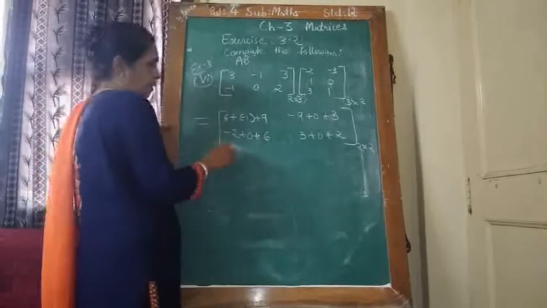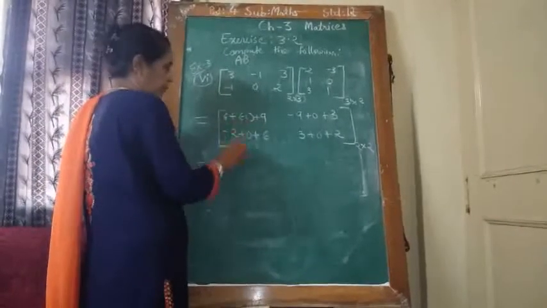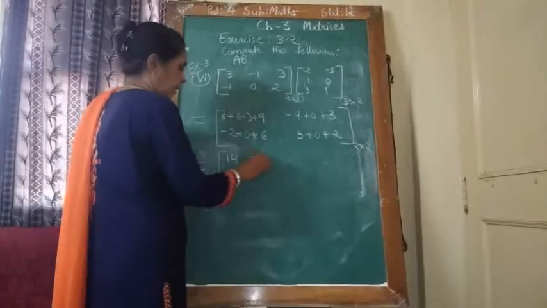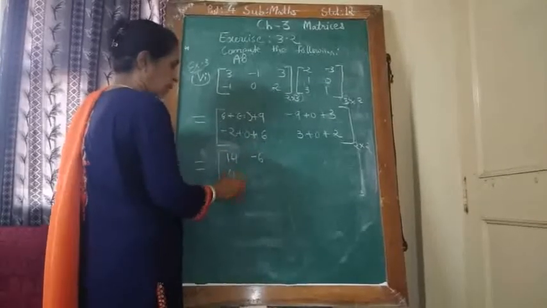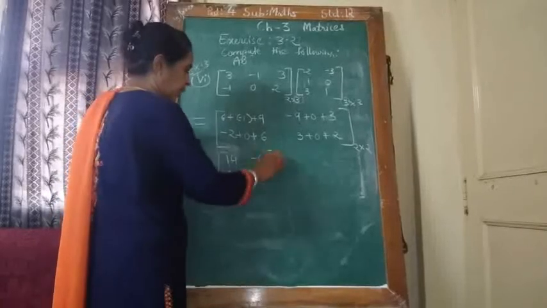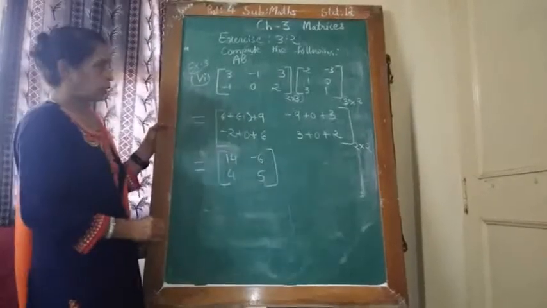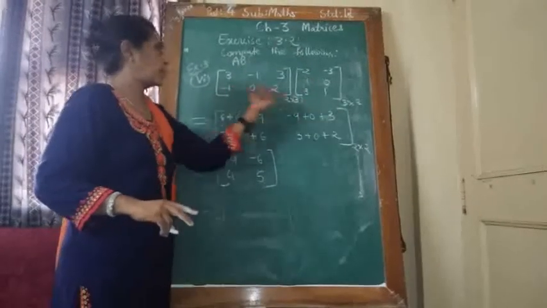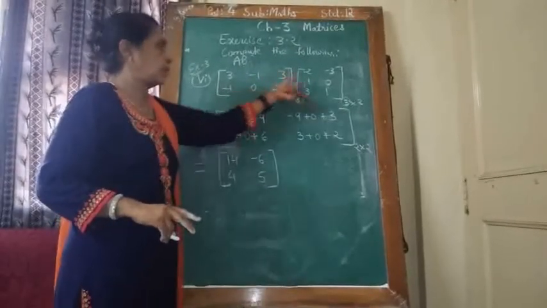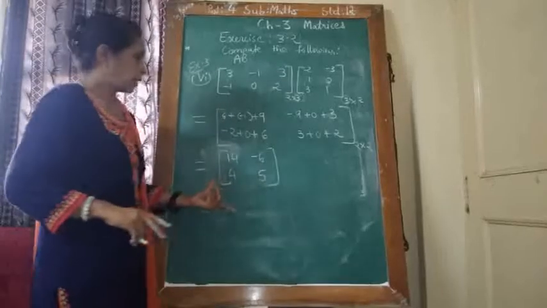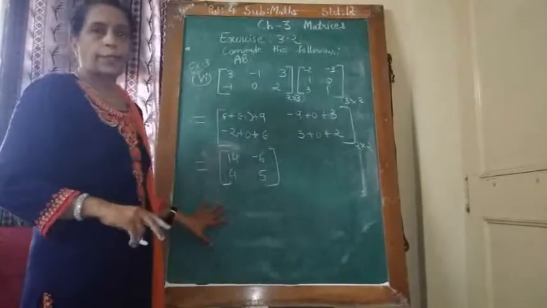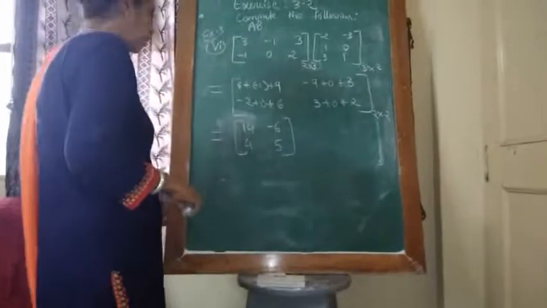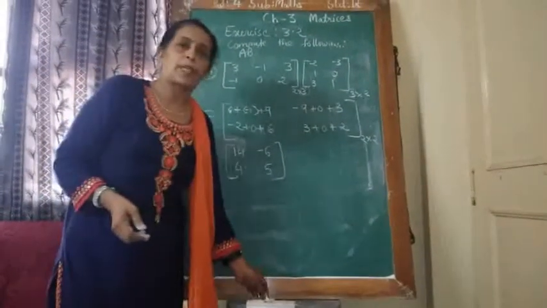Okay, plus minus minus 6 plus 9, 15 minus 1, 14. Minus 9 plus 3, minus 6. 6 minus 2, 4, and 3 plus 2 is 5. Okay, see. First row, first column, first row, second column. Second row, first column, second row, second column. And check this. Okay. So this way I have completed example 3. And now the next time we shall do example